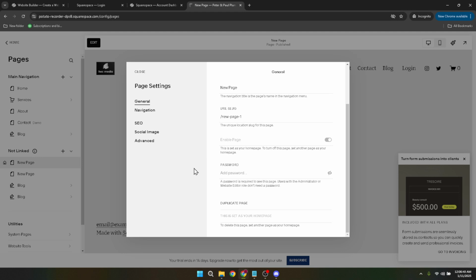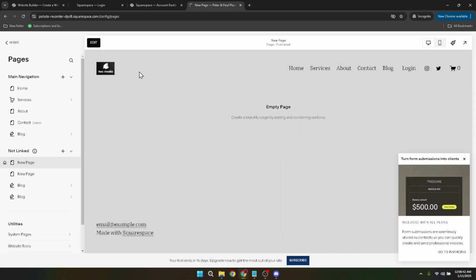And that's it, you've successfully created a landing page on Squarespace. Remember, you can always go back and customize the content, add images, or tweak the layout to better fit your brand's style and objectives. Crafting a stunning landing page doesn't end at just creating one, it's about regularly updating and optimizing it based on what converts best.